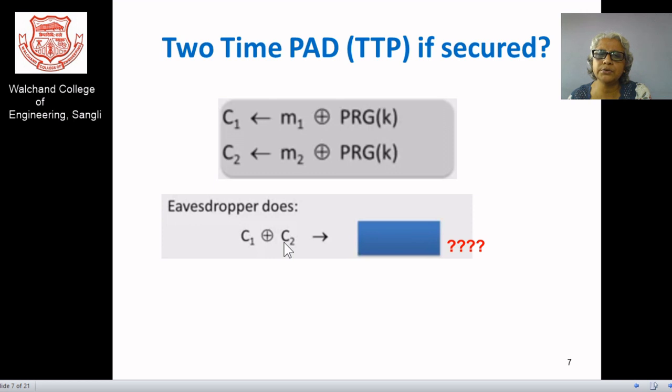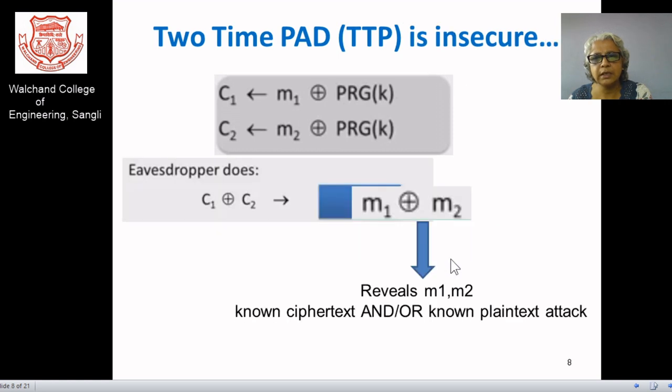If C1 is XORed with C2, what should be the answer? Can you please guess? Yes, once you XOR C1 with C2, it gives you M1 XORed with M2. So it reveals M1 XOR M2, and I can say that this is one of the differential attacks.